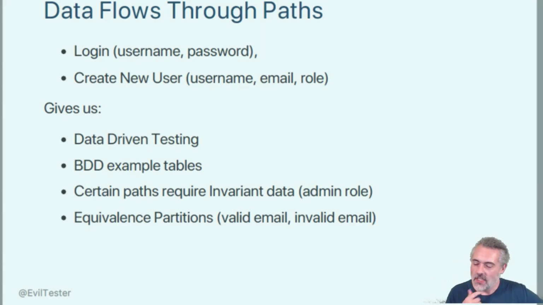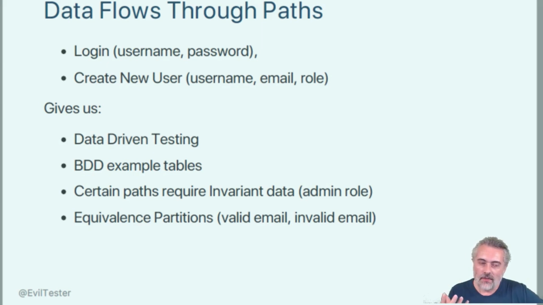Now, one of the issues with data-driven testing is that if people don't know how to model this or create abstractions, they put too much data in there. Whereas really what we're doing is we want to only expose the data that is important to understand the reasons for covering a certain path. If we're using behavior-driven development tools, we have tables of examples where we put the data in, and it becomes essentially data-driven at that point. Now we can get a lot of value if we understand the paths and understand how we pull out the data to give us a lot of coverage across a certain path.